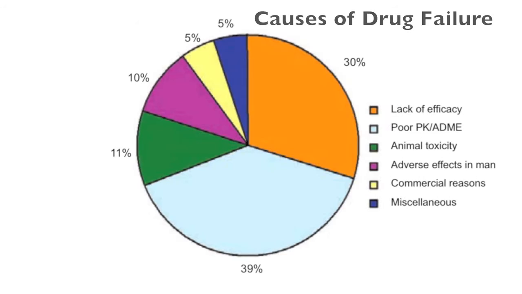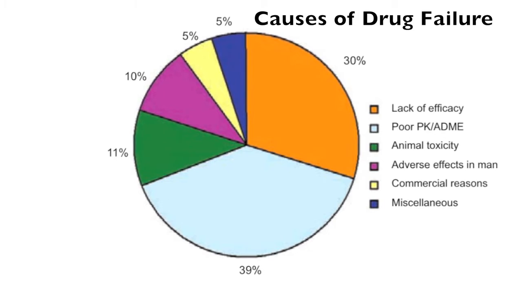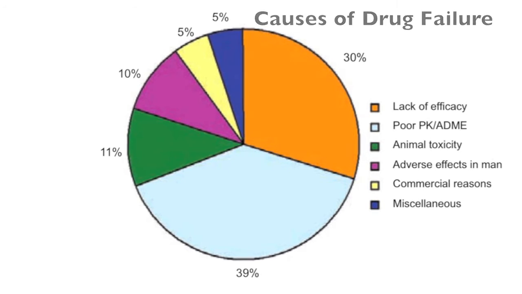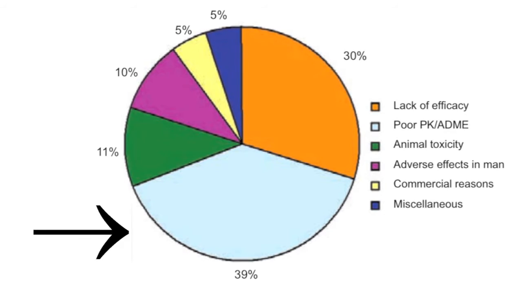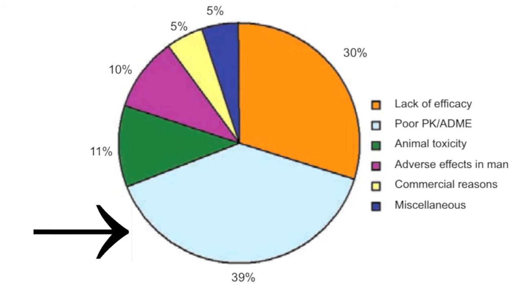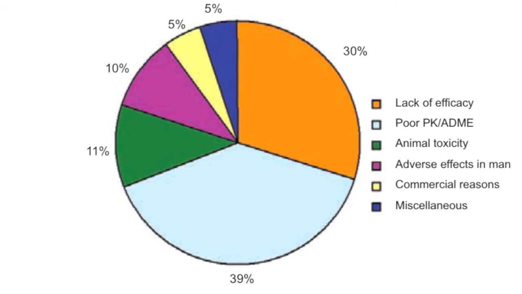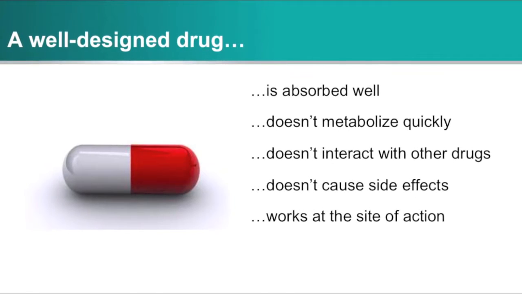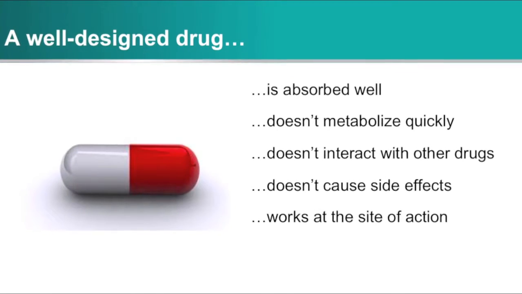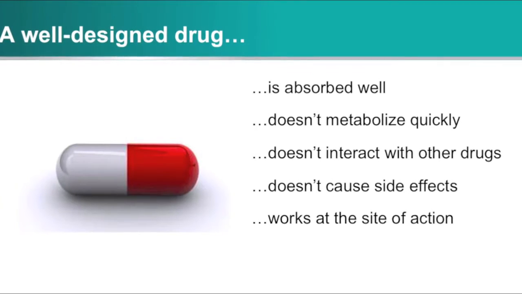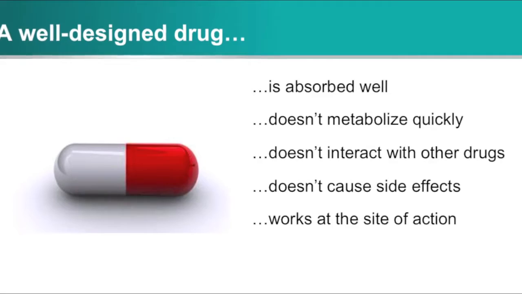liver and then excreted. So, looking at this slide, you can see the number of reasons for drug failures, right? And what we focus on is the poor PK and ADME portion, for which 40% of drugs have been shown not to work. And the types of tests we run, we basically want to make sure that a drug is going to be absorbed well, and that it's not going to be rapidly metabolized, and that it won't lead to drug-drug interactions. So we want to make sure that it's going to be safe and that it's going to work at the